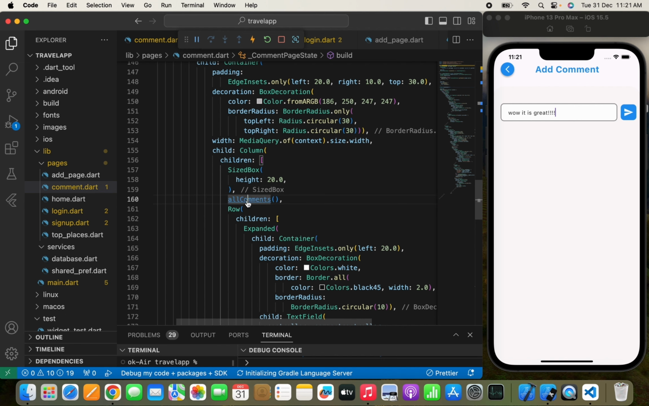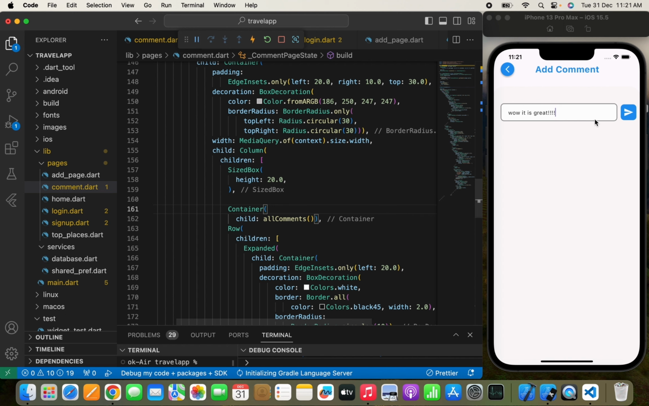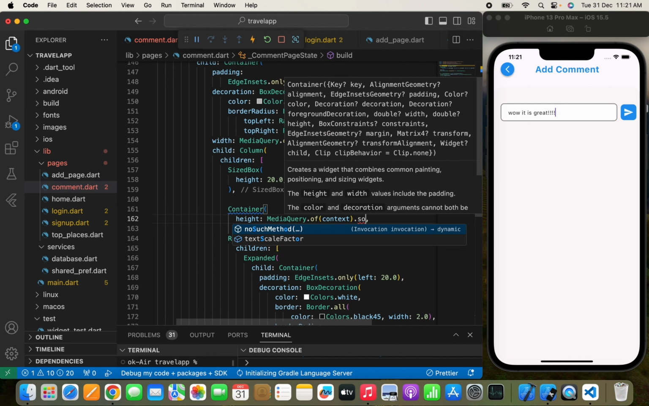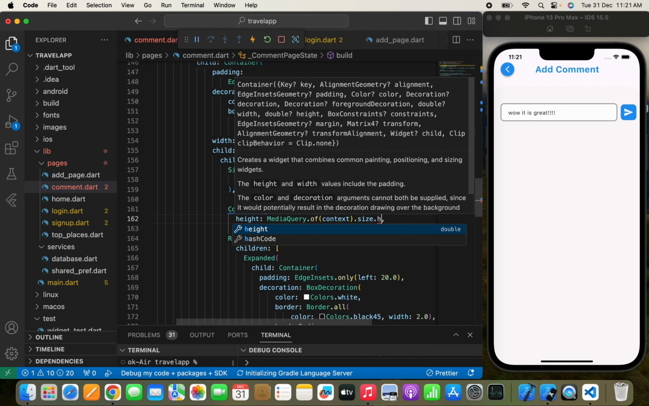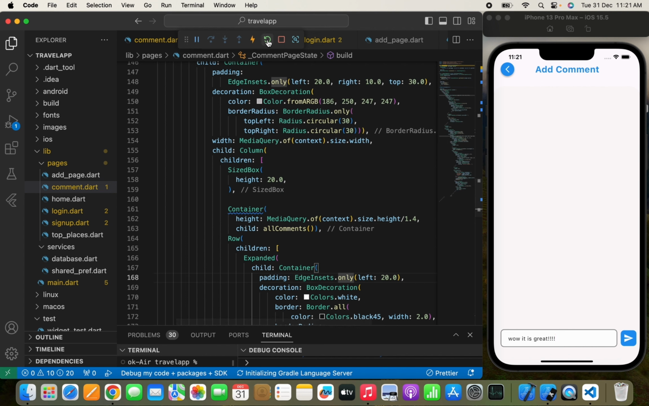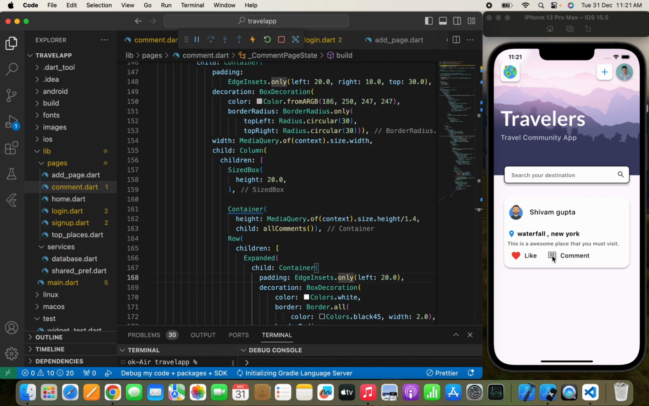and I can simply wrap it with a container, and I can pass enough height so that I can move this text field over here. So I'll pass height MediaQuery.of(context).size.height divided by 1.2, no, 1.5. You can set it according to your need. Yeah, 1.4 is okay. Now here I'm simply doing a hot restart of the app again, and we'll click this comment icon